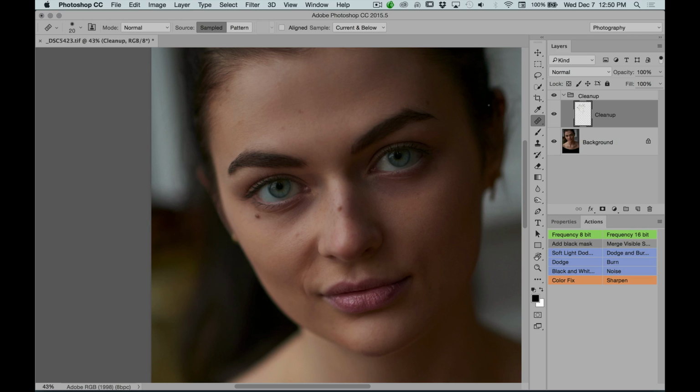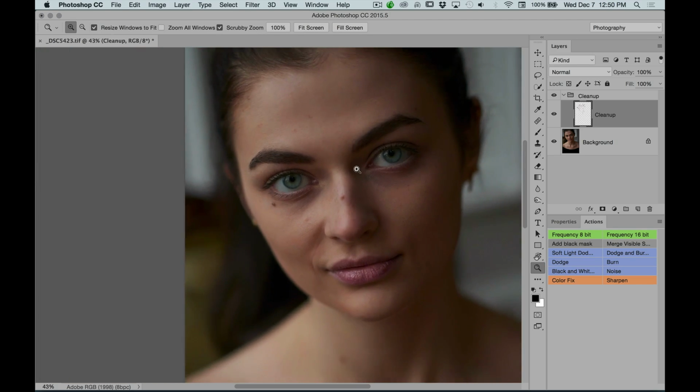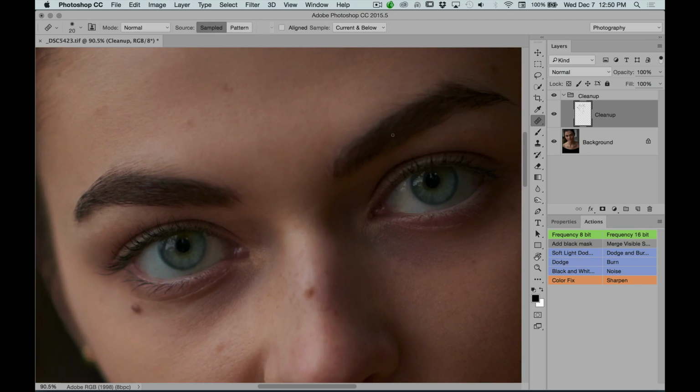Personally, I won't be as organized normally. I just put layers and work on them because I'm used to knowing where everything is. But for the sake of knowing what I'm doing, it's really important to label and structure things in case I ever need to send this to somebody, so they know what to do. And this workflow is really easy to go back and adjust and modify anything that you've gone too far on. One other thing that I will quickly do here is I will take my clone brush,